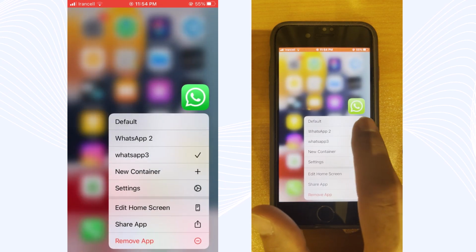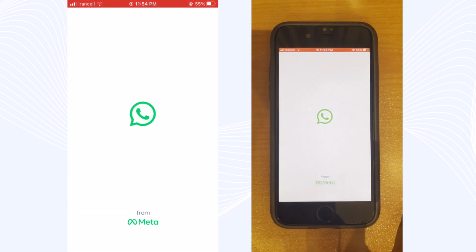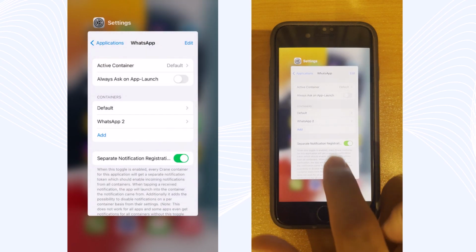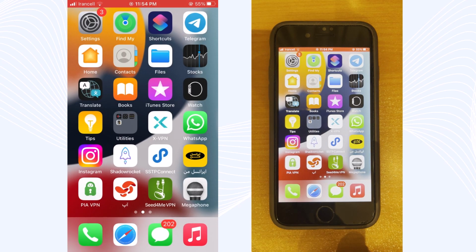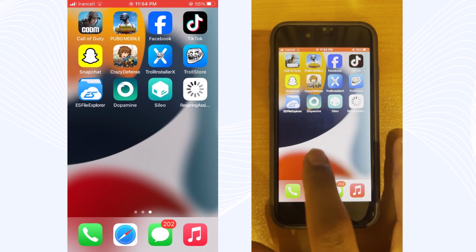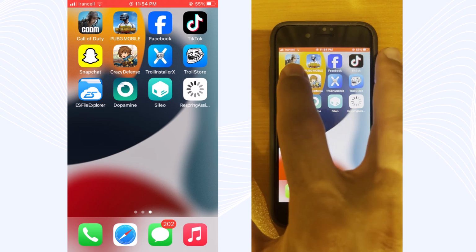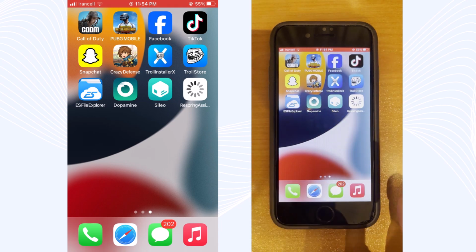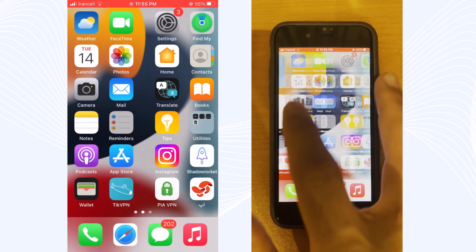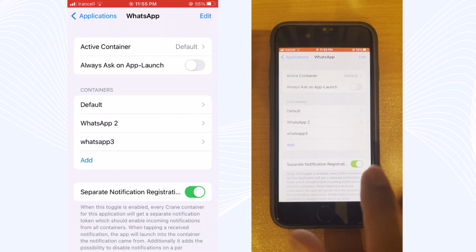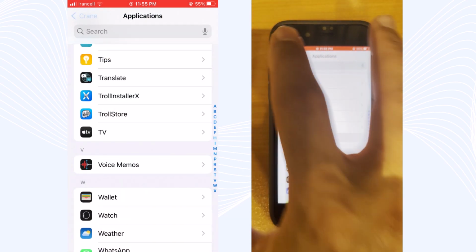Now I will switch again to my default account, and you will see here I am on my account right now. Everything is perfect and works. This is so great and easy to use. Just follow this video step by step, and whatever you want you can do with this tweak, and you can clone every app an unlimited amount of times, which is great. And guys, there is another point. Whenever you want, you can restore the cloned programs or apps and remove the extra versions, and I will show you how to do it.